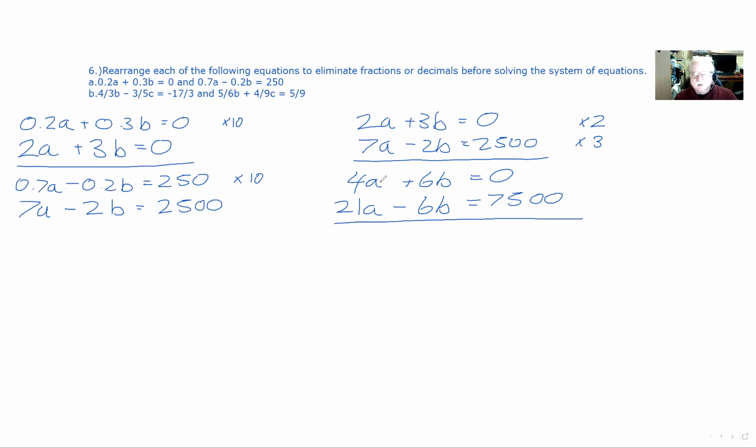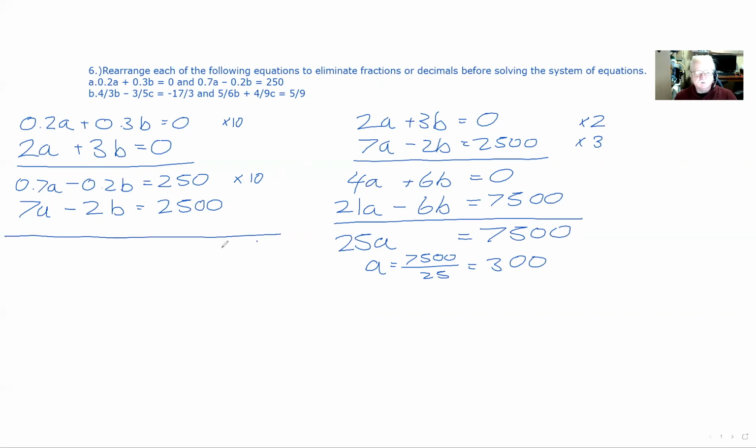So now we can add these together. This becomes 25a. This all disappears, and this will become 7,500. So a will be equal to 7,500 divided by 25, 300. So that's okay as far as it goes, but